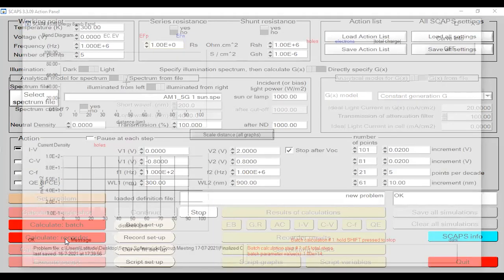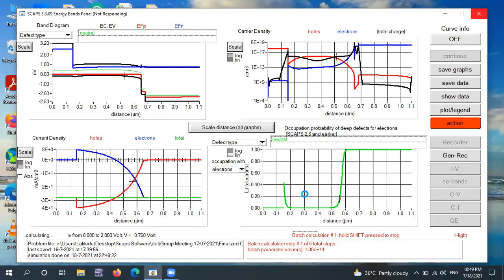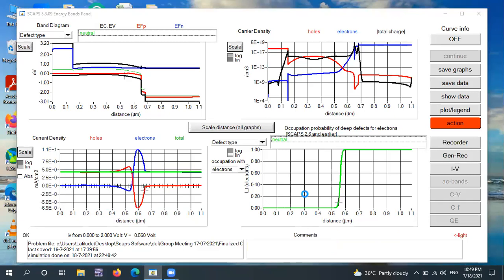Okay, we need to wait while my computation is being completed. Okay. Now I need to click over record button.